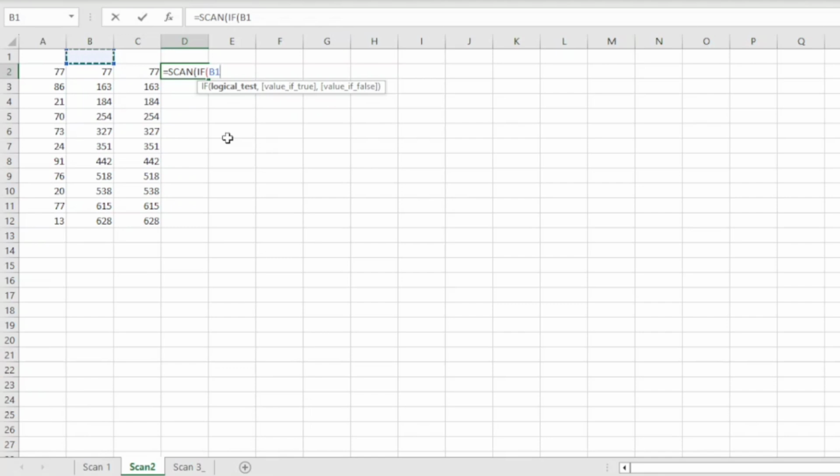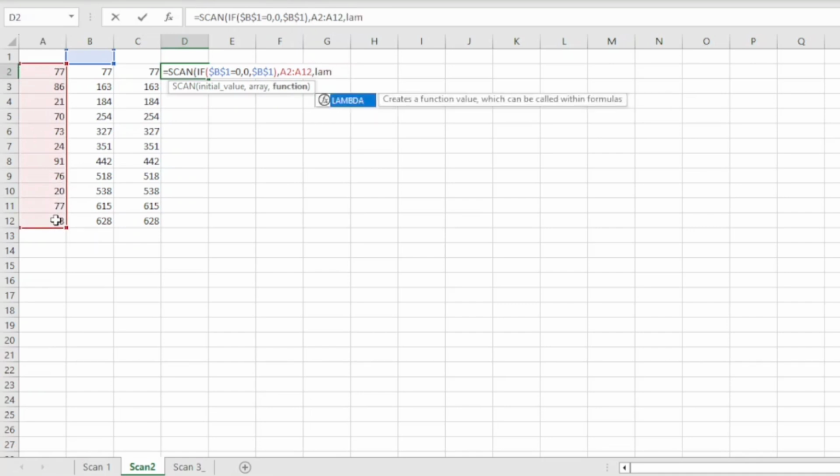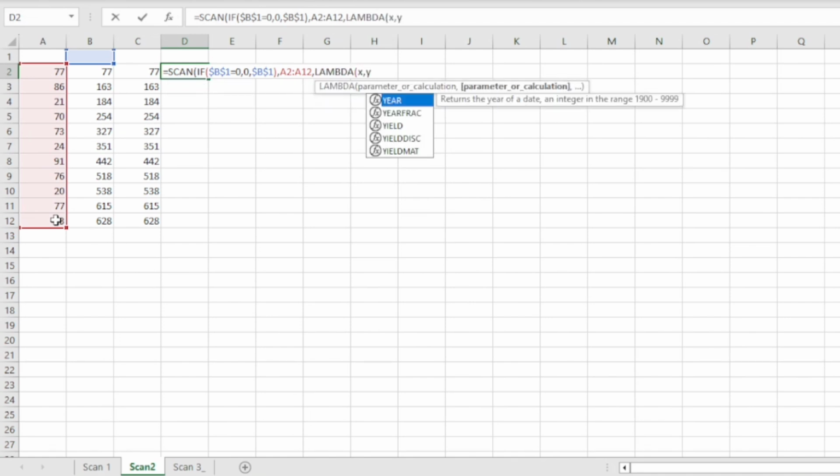Let's say we are doing a scenario of taking the value from the last month. My value is available in B1. My logical test: if B1 is equal to 0, then take my initial value as 0, or else it should be the value of B1. Close the bracket, and now you give the array. My array value is here, comma, and then the function again LAMBDA, and my parameters are x comma y comma